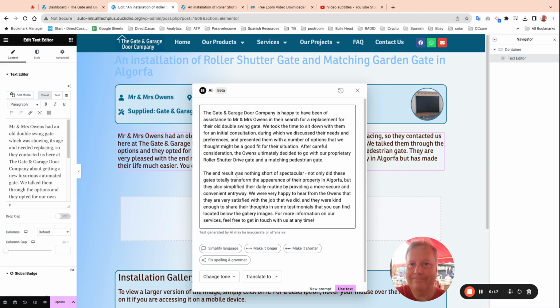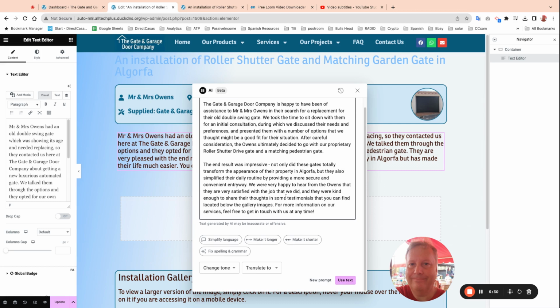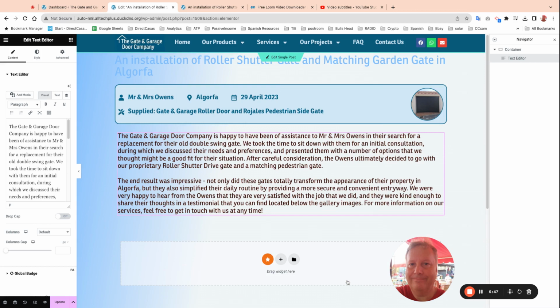So let's just say the end result was impressive. I think that's toned it down a little bit. And down here it refers to sharing their thoughts in some testimonials, so we'll change that to a testimonial, because they've only left one, that you can find located below the gallery. And I think that's perfect, so I'm just going to click on use text there, and then we're just going to click on the update button,